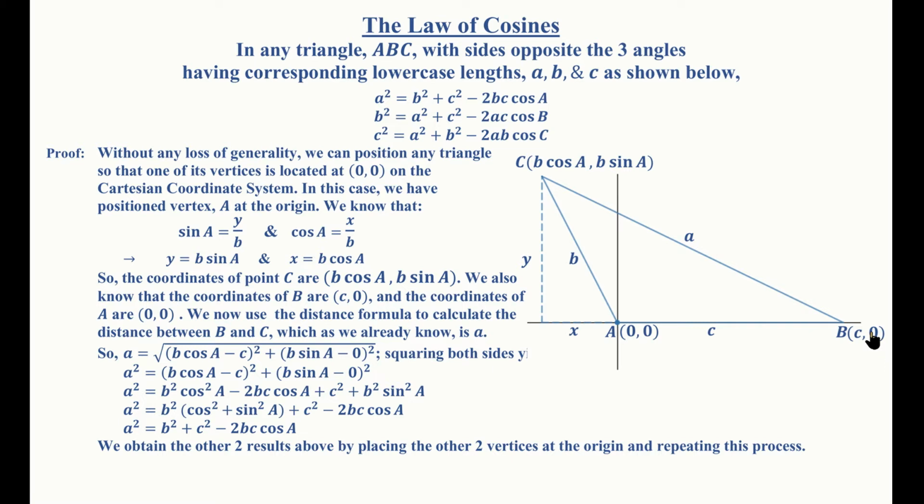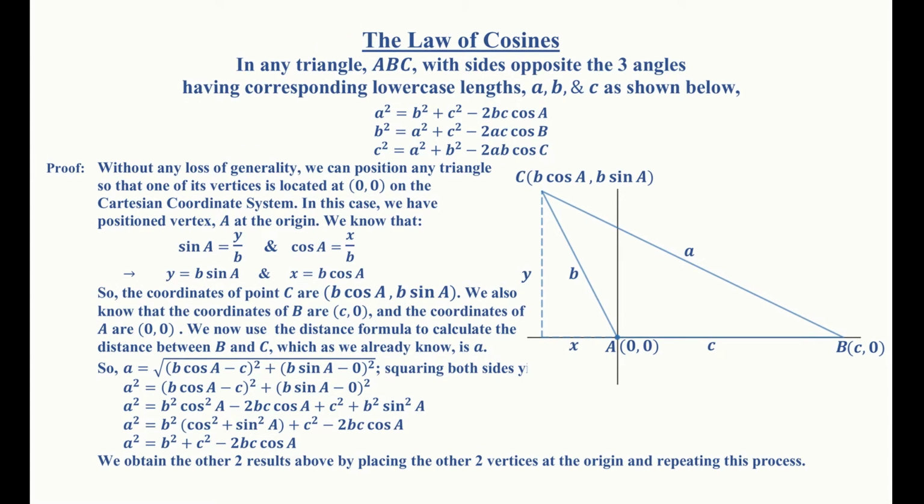That's just a direct application of the distance formula. Now, if we square both sides, we get rid of the square root on this side, and we end up with a squared equals quantity b cosine A minus c, squared, plus quantity b sine A minus 0, squared. If we square this using the binomial square law,